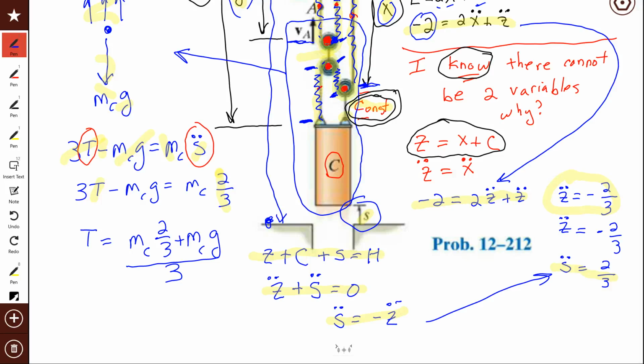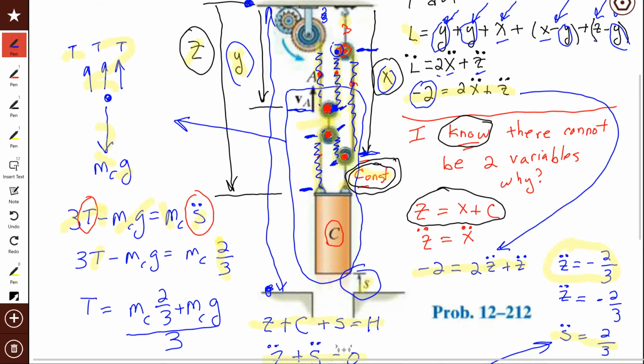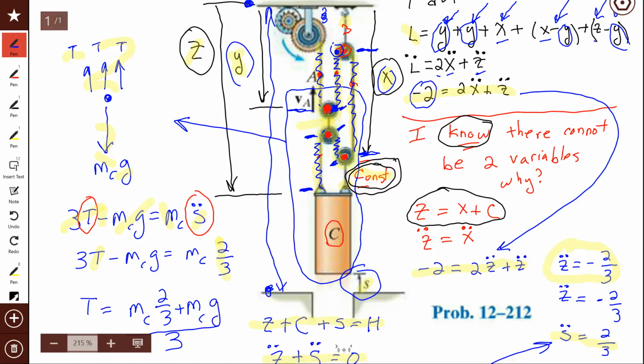Next question you might say is, well, I wonder if the rope breaks. And you notice I didn't make any assumptions about that. I would check it just simply by the tension. If the tension is greater than what the rope can hold, then I would conclude that the rope breaks, and then it's 2 degrees of freedom because I'm pulling in on the rope, and the body C is falling. So, all right, so that's